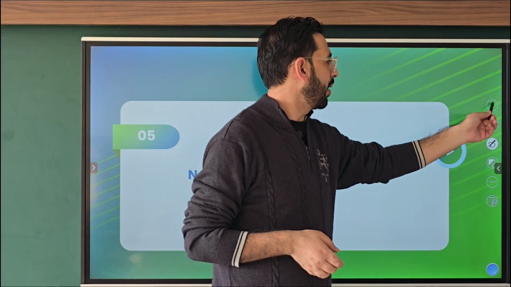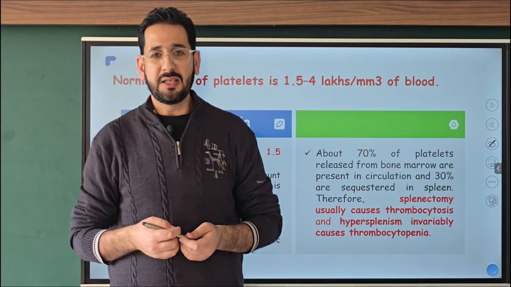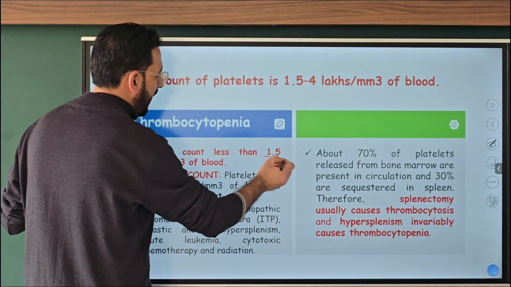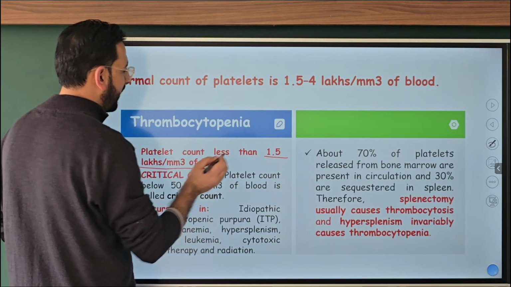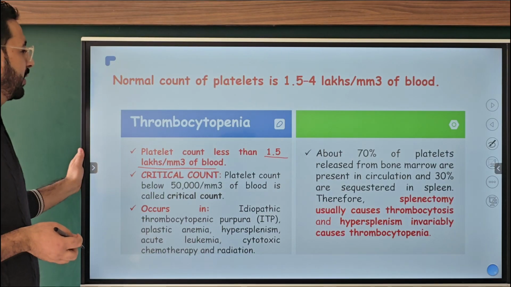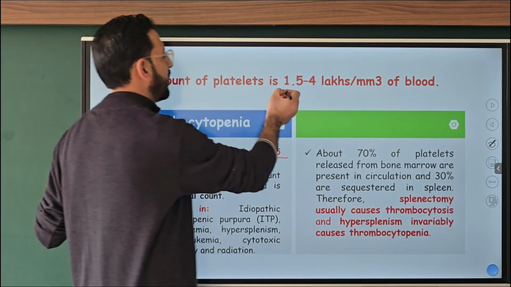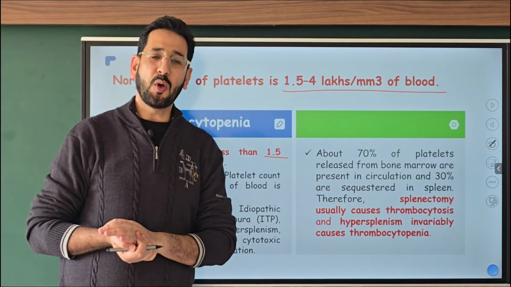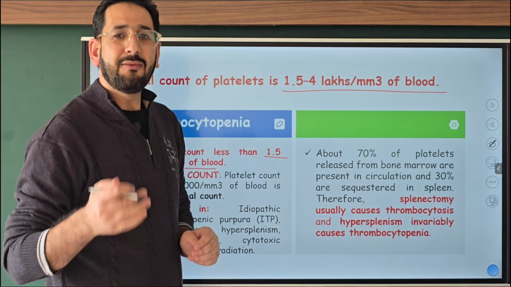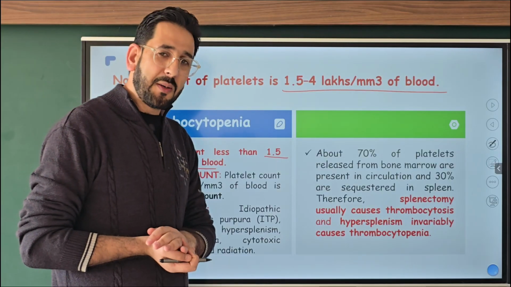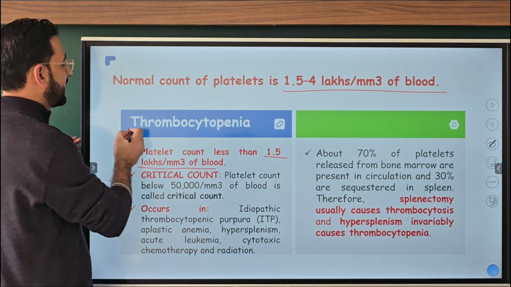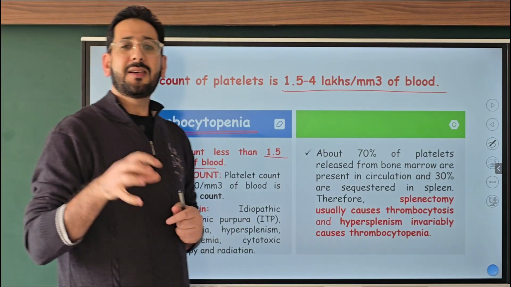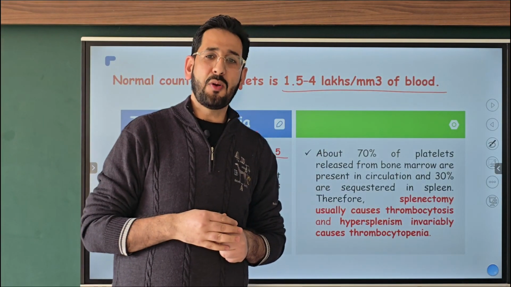Now let's talk about the normal count and the variation in the normal count of the platelets. Now the normal count is 1.5 to 4.5 lakhs per cubic millimeter of the blood. Okay, sorry, 1.5 to 4 or 4.5 lakhs per cubic millimeter of the blood. Now if it goes less than 1.5 lakh per cubic millimeter, that is called thrombocytopenia. So thrombocytopenia is the variation and it is the decrease in the platelet count less than 1.5 lakhs per cubic